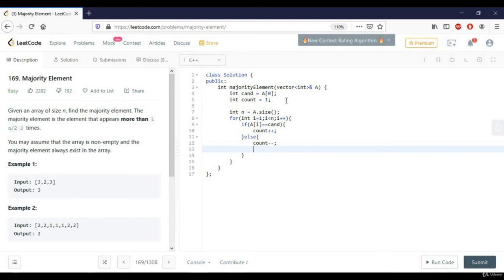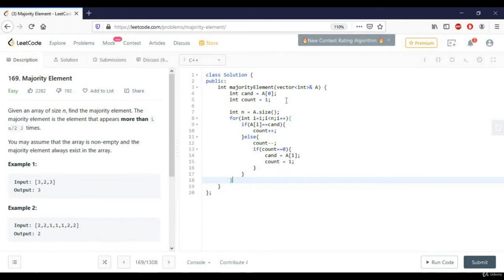After doing count minus minus, if the count becomes 0, that means it's time to update your candidate element. So my candidate element is the current element, and the current element is appearing 1 time.